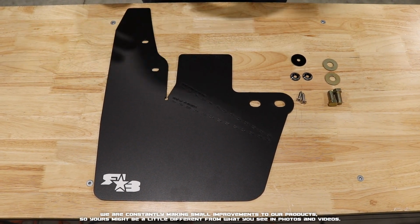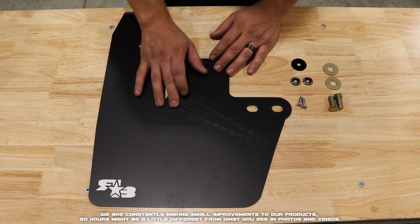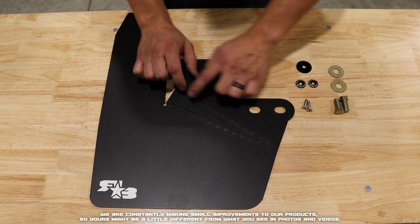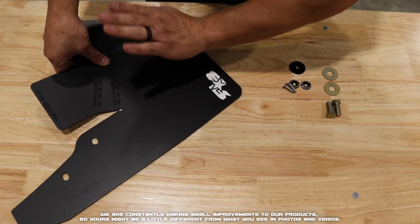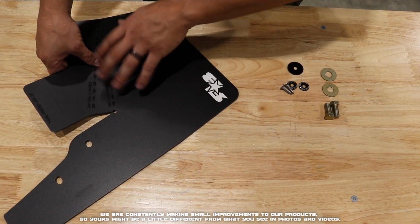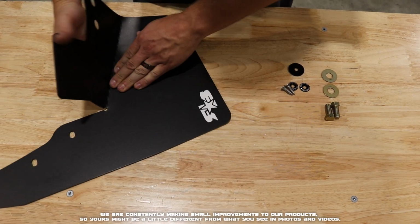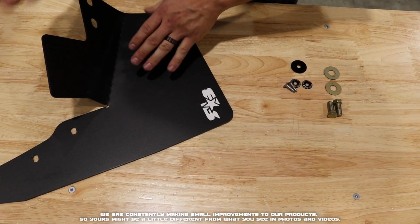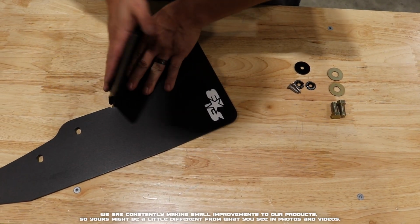Before we head to the vehicle, we're going to go ahead and bend our flap at these bend lines. To do so, we're going to start with the first bend here, and we're going to bend that up, with the logo facing up. So I'm going to bend that just along that line. It says bend to 45, but we want it to rest at 45, so we're going to overbend it just